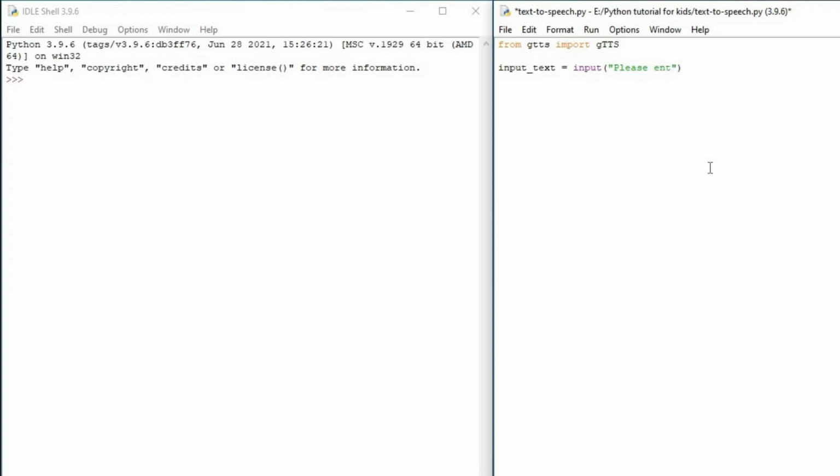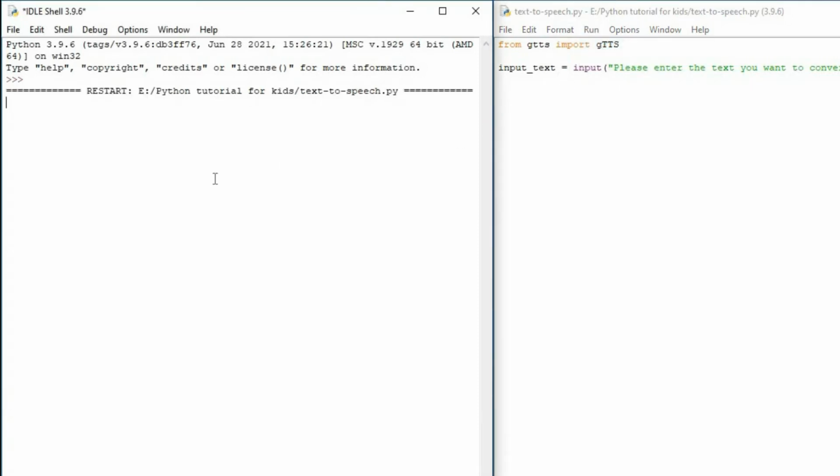Please enter the text you want to convert into speech. And now we have taken the input. So now if I run the module, as you can see, I can write some text,